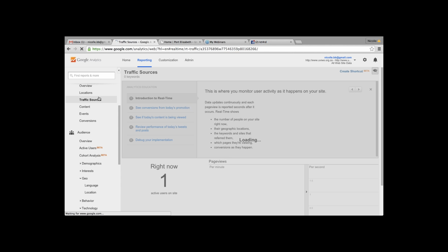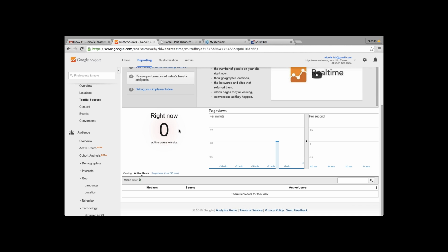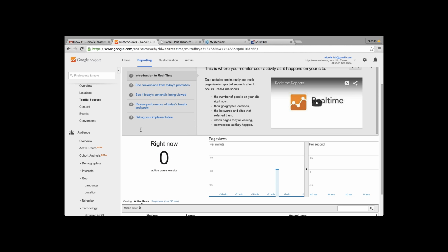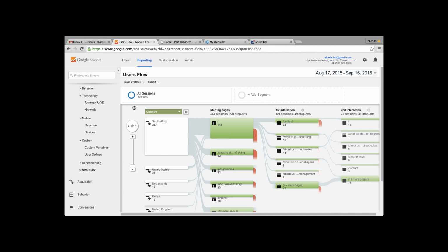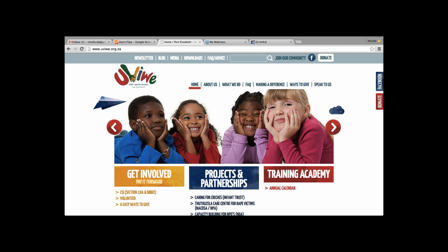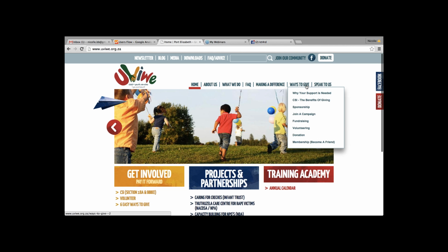So let's look at traffic sources and just how drilled down you can actually be. Again, here we have, no, we don't want to look at it in real time. A really nice thing is you can see the path that a user followed when they came to your website. So the starting page was a click-through of 51%, and then unfortunately 68 drop-offs. Many people came to the website specifically clicking through to ways to give. Let me just click on this page,